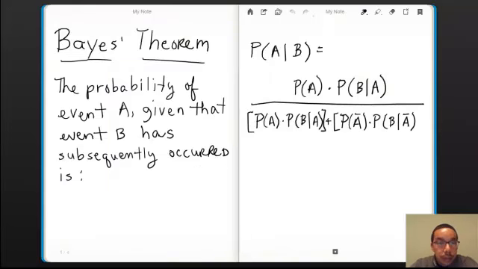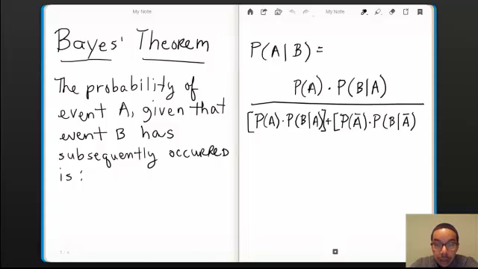Okay, this mini lecture is talking about Bayes' theorem. Thomas Bayes was born around 1701 and died in about 1761. He was a mathematician who created this theorem. Bayes' theorem tells us the probability of event A given that event B has subsequently occurred